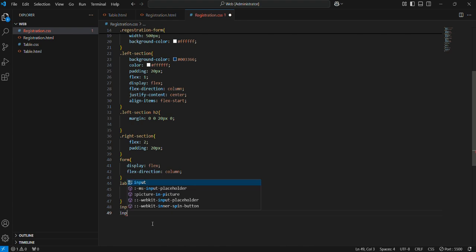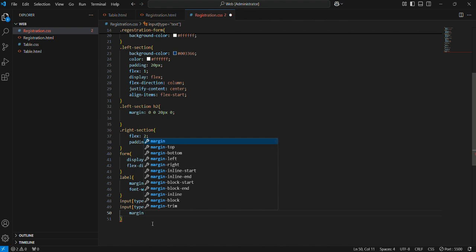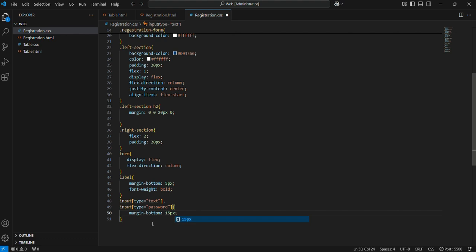Okay, input type equals password. This is for password. Okay, I will write margin bottom 15px or 50px to add space between input fields